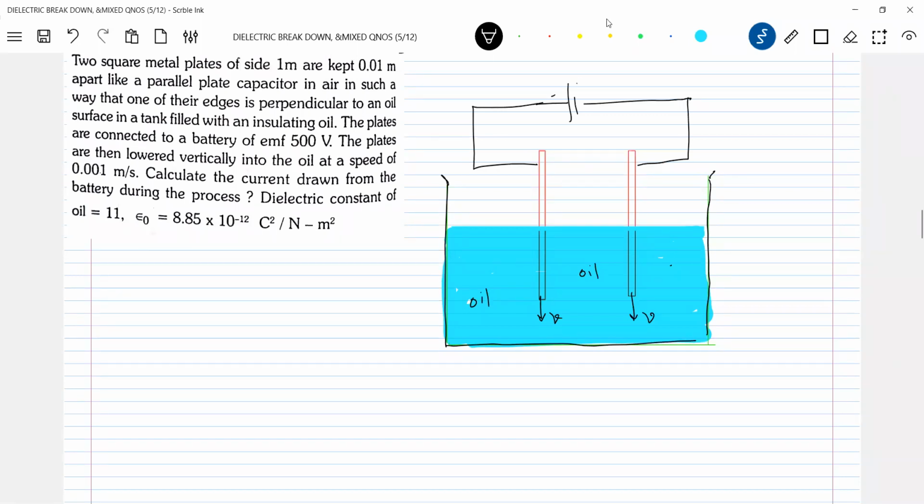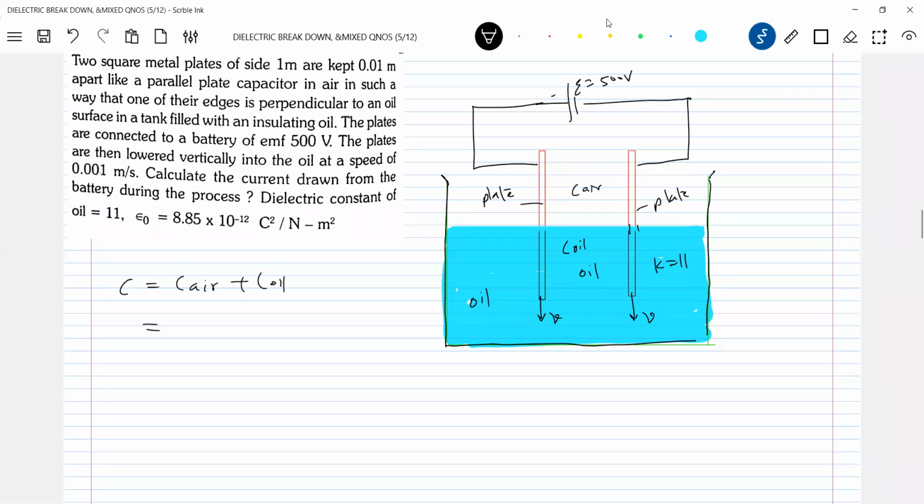So EMF of the battery is 500 volt. Dielectric constant of oil, he has given 11. These are plates, this is another plate. So are you seeing any two capacitors? There's an air capacitor, there's an oil capacitor, and they are in parallel. So the total effective capacitance should be